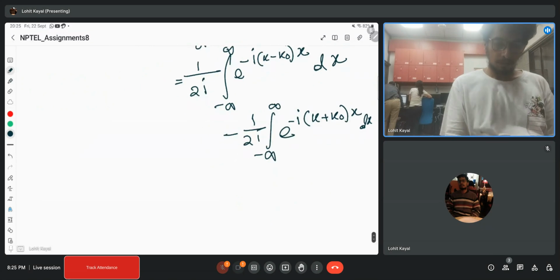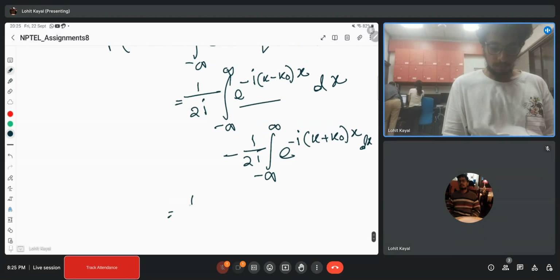Okay, so now again we can write it in this way. This is again a kind of Fourier transform of 1 by 2i times f of